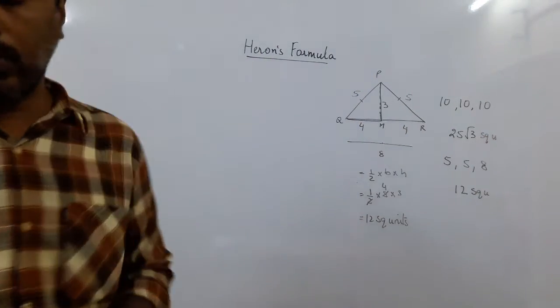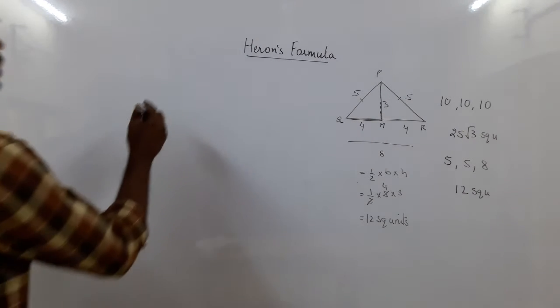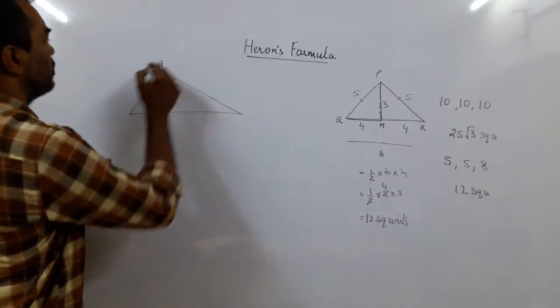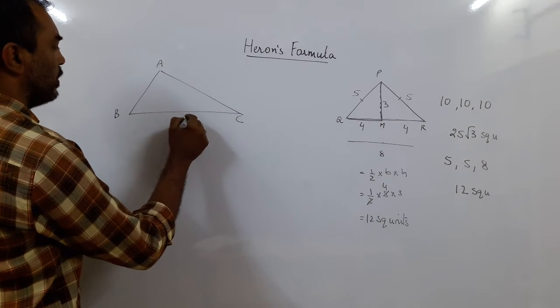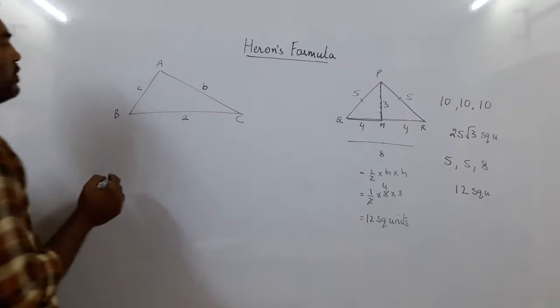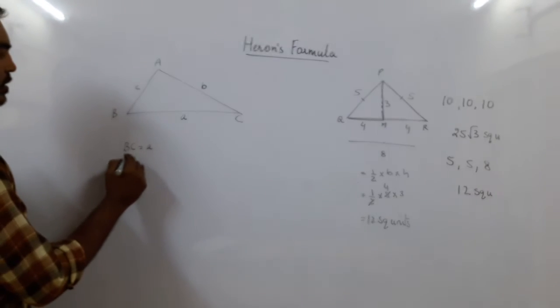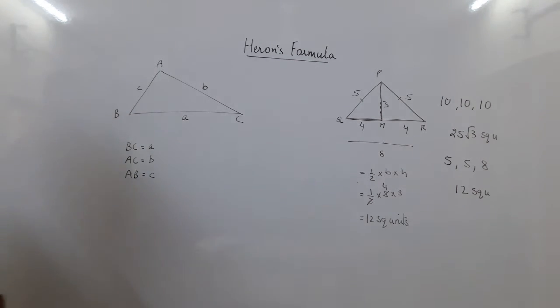Now we are going to move to which part? We are going to move to the general triangle, a scalene triangle, when no side is equal. So we have got a triangle whose sides are A, B and C. Remember, what I have written here is a code. It should be that the length of BC is A, the length of AC is B, and the length of AB is C units. This is what I have got.